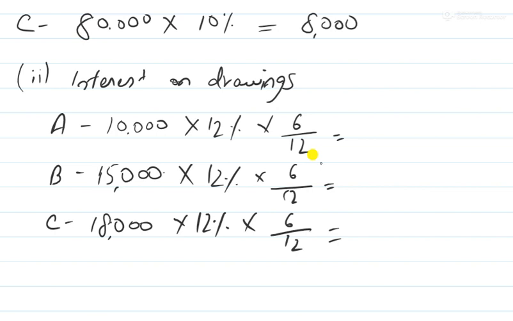You won't pay the interest for the whole year. In the same way, if A withdrew the money in January, he will have to pay the interest till December. But if A withdrew the money in July, he will have to pay the interest only from July to December, only for 6 months. That is the primary logic why we multiply it by 6 by 12, because we don't know when the money was withdrawn. If we charge it for the whole year, that is not fair on the part of the partners, because it is an expense for them. So we simply assume that the drawings were withdrawn in the middle of the year. That is why we take 6 by 12.